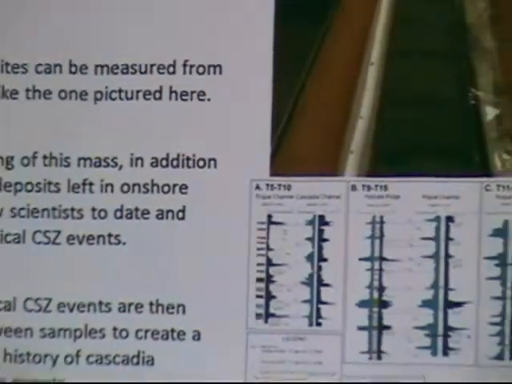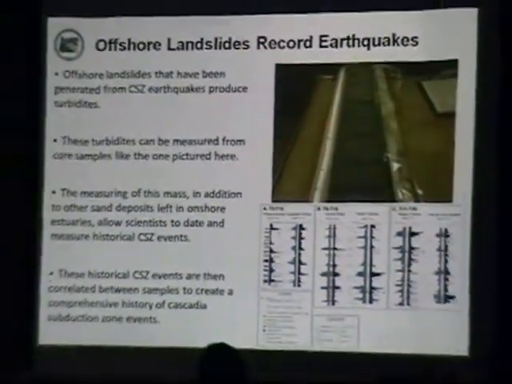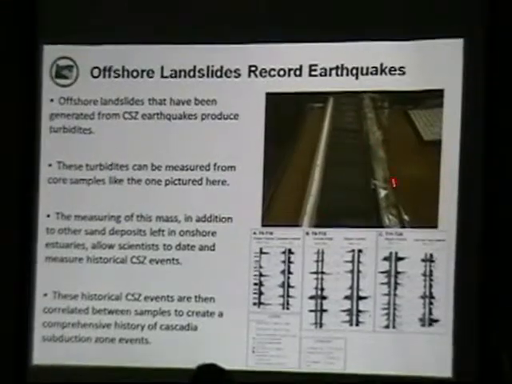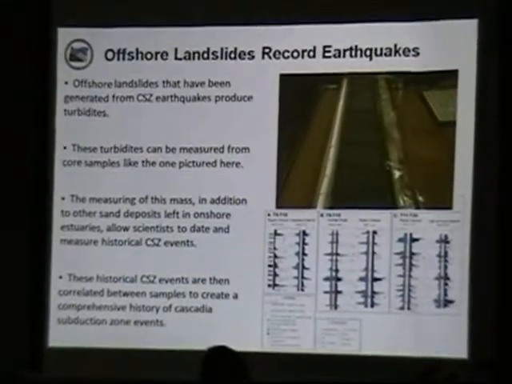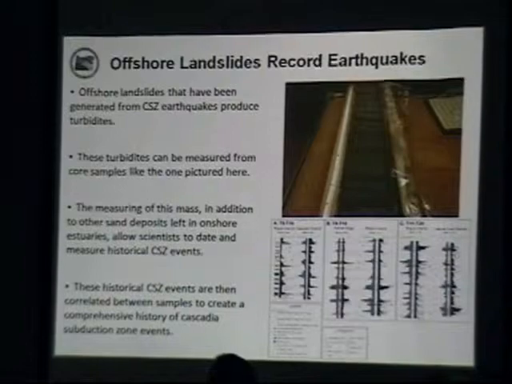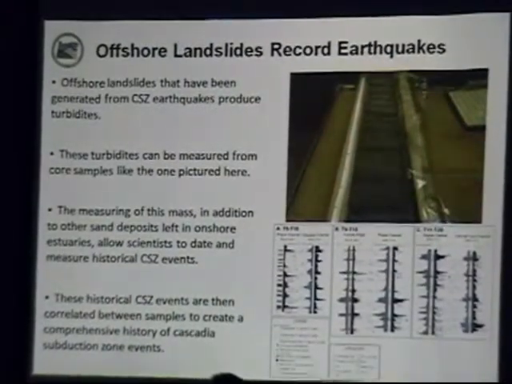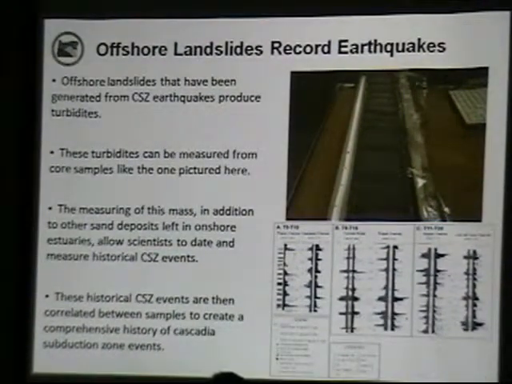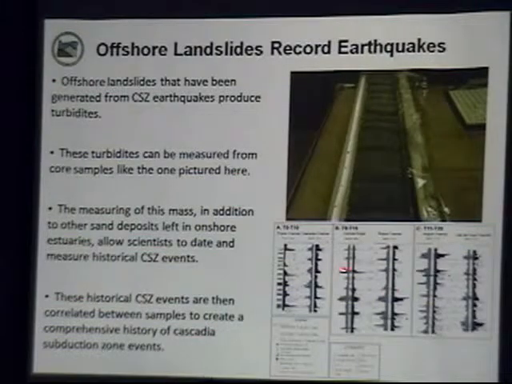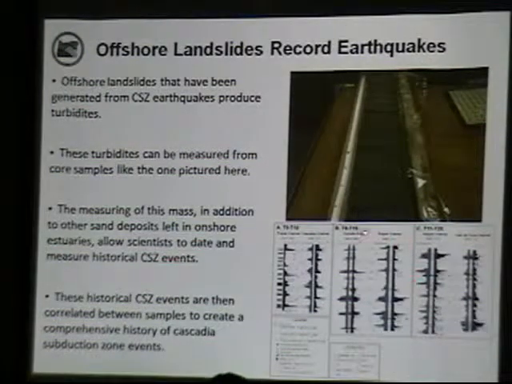So this is an example of what one looks like when the scientists come in. They go out in the boat, take the sample, come back, and this is what it looks like. Those sediments that have rolled down those canyons and landed in the bottom of the ocean are called turbidites. That's a scientific name for sediments. They find these turbidites in here, and they measure them, they date them, send them off, and process them in the lab. They also do correlations. They can see different types of sediments, and so they make all these correlation tables.